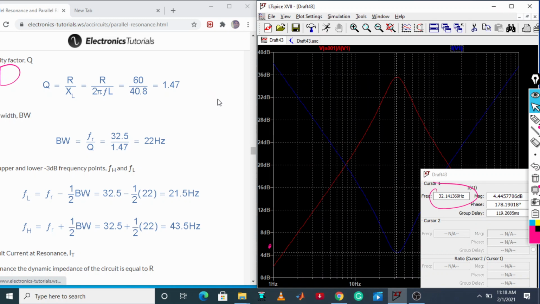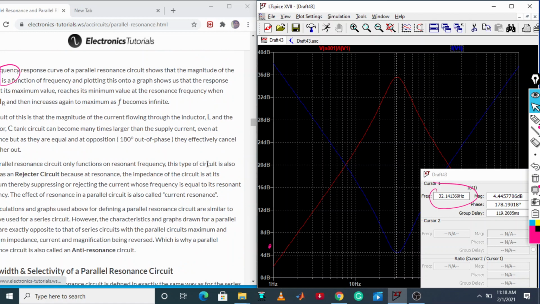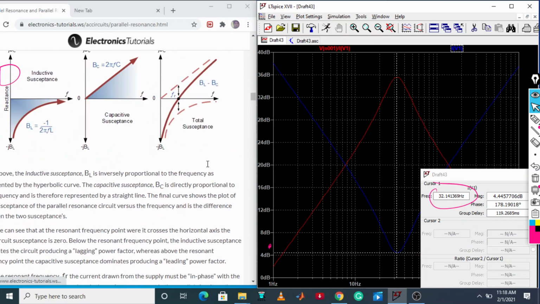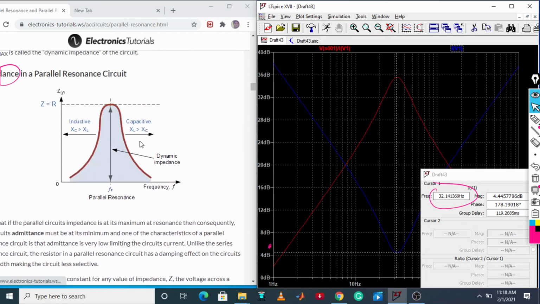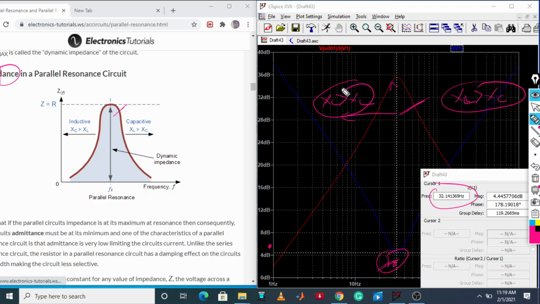So this is all about the impedance at parallel. Now if you want to see the curve of impedance, this is your impedance curve. See, this curve and this curve are matching. Both are matching, meaning here capacitive reactance is more than inductive, and this way inductive reactance is more than capacitive. This is the point of resonance, the resonance frequency. At this point it is a pure resistive circuit.